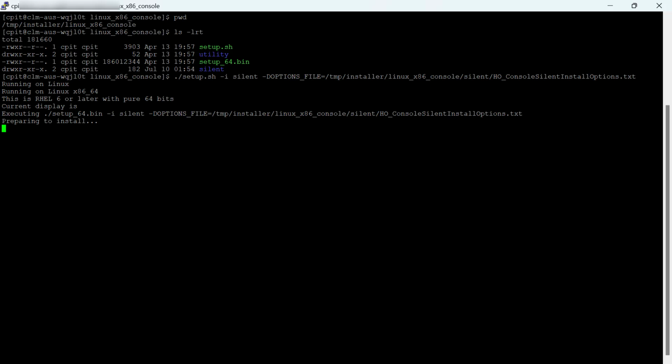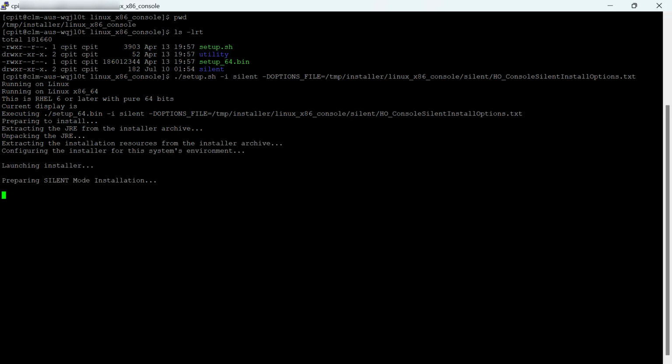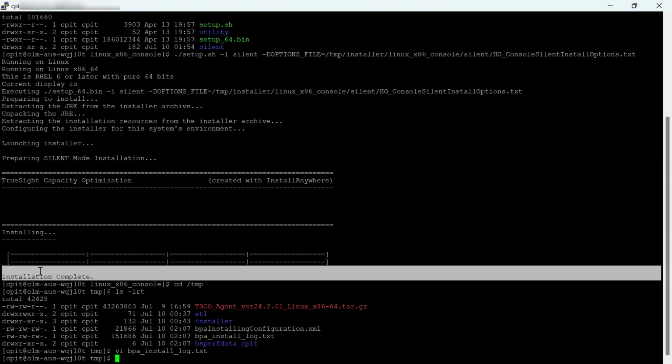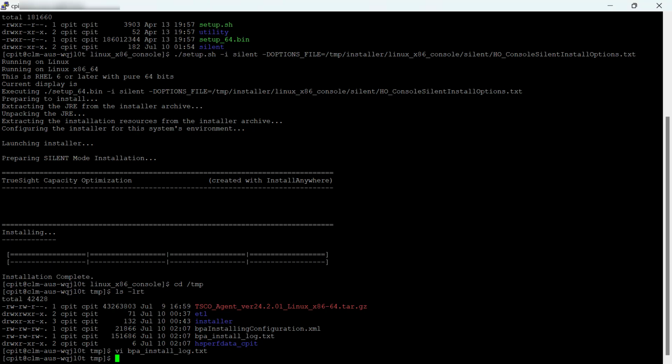This can take a couple of minutes, and in the temp folder there will be a log file. You can tail that file and then see the status. And I mean, on the screen also you will see it, but more entries you will see in the log file. See on the screen the installation has been completed successfully,